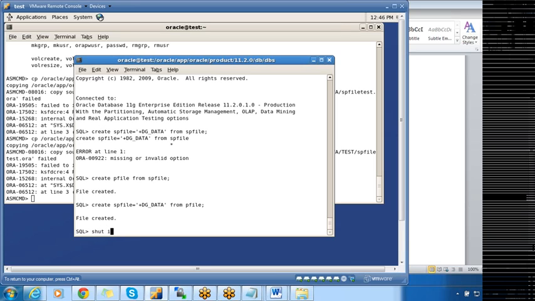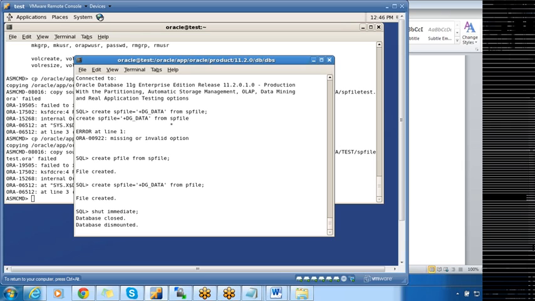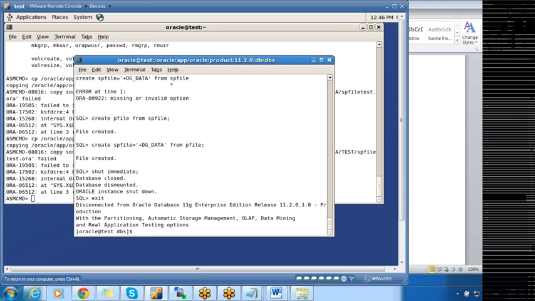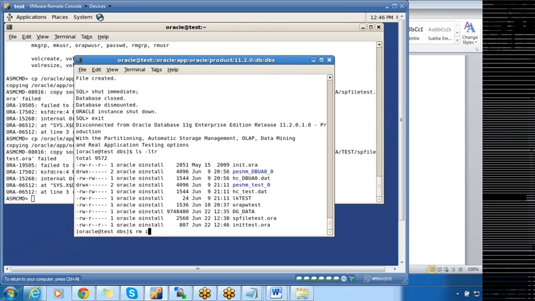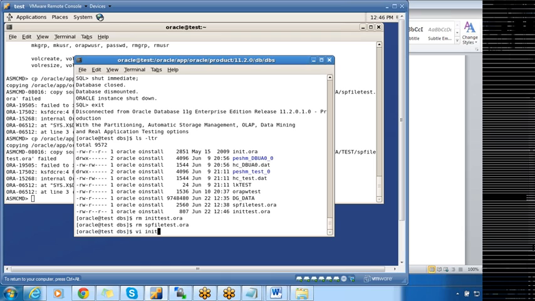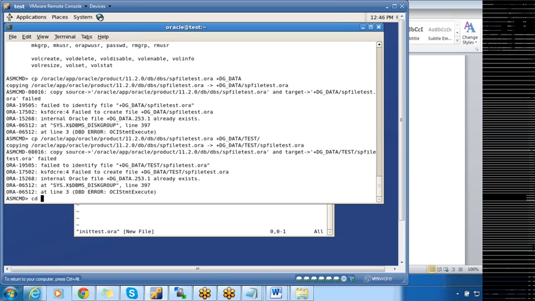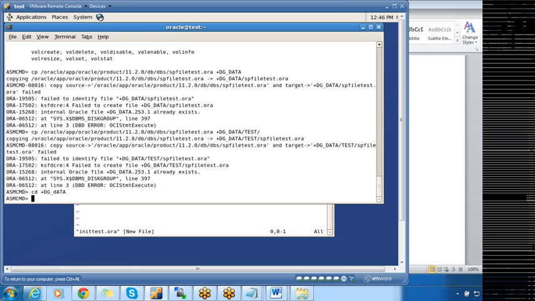Now shut the database. Exit, ls minus ltr, remove the P file, remove the SP file also, create a P file here, plus DG underscore data.